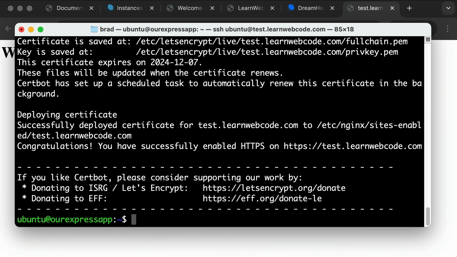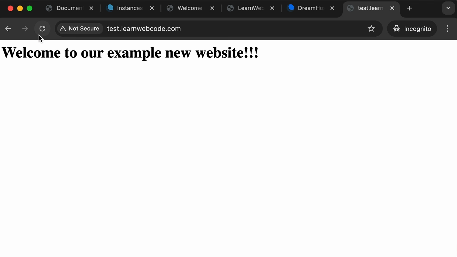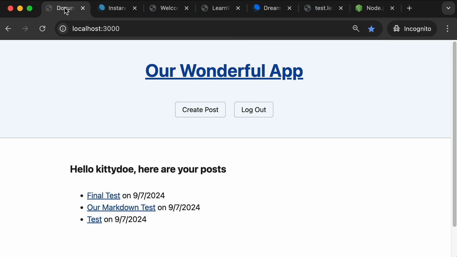And it's done. So now if I go back to my website and refresh, I believe as soon as I hit refresh, we will not see this any longer. It'll be secure. Yep. And it's that easy. So now our website is using secure, encrypted HTTPS. At this point, now we're actually ready to focus on getting the Node.js environment to host our app set up